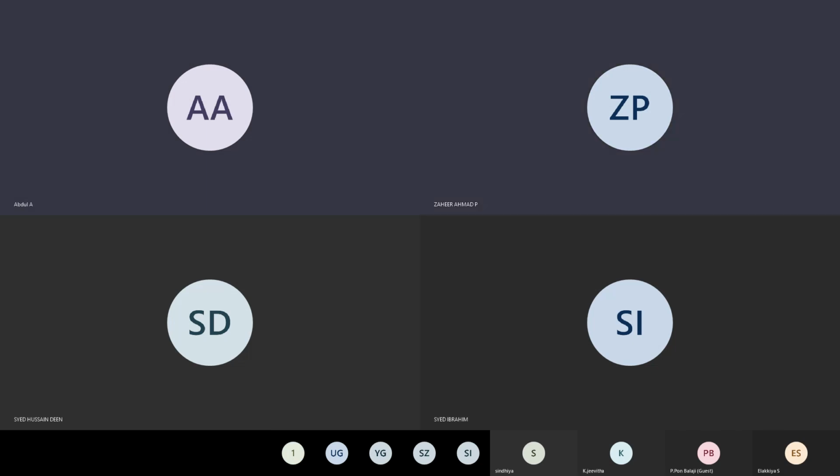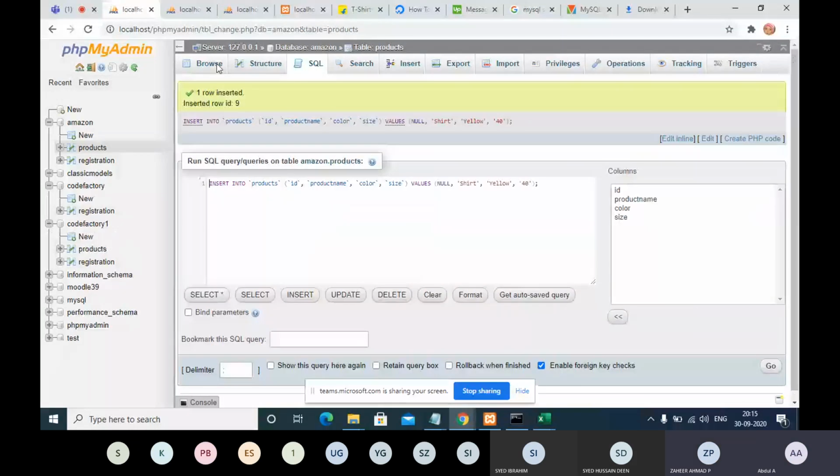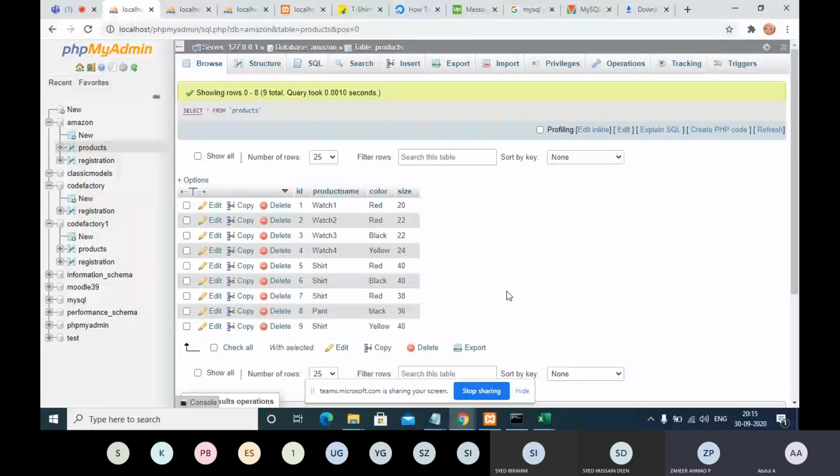Now I'm just sharing my screen once again. Whatever queries we are executing, all those results are displayed in the MySQL interface, not in our web page. Am I right? Yes, sir.